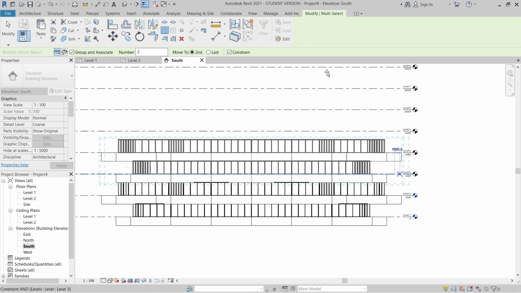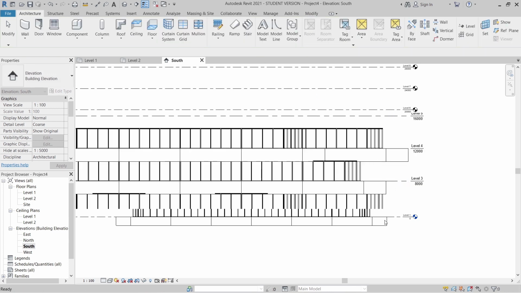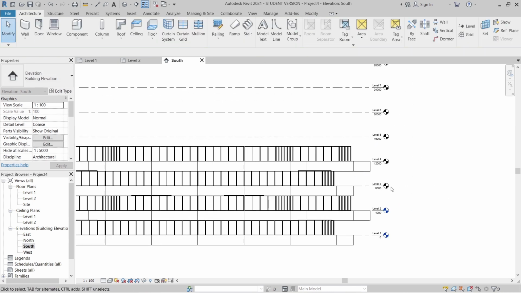Okay, so I will continue this process and I will make each one faster. Hit escape first. It's time to continue. Copy this.